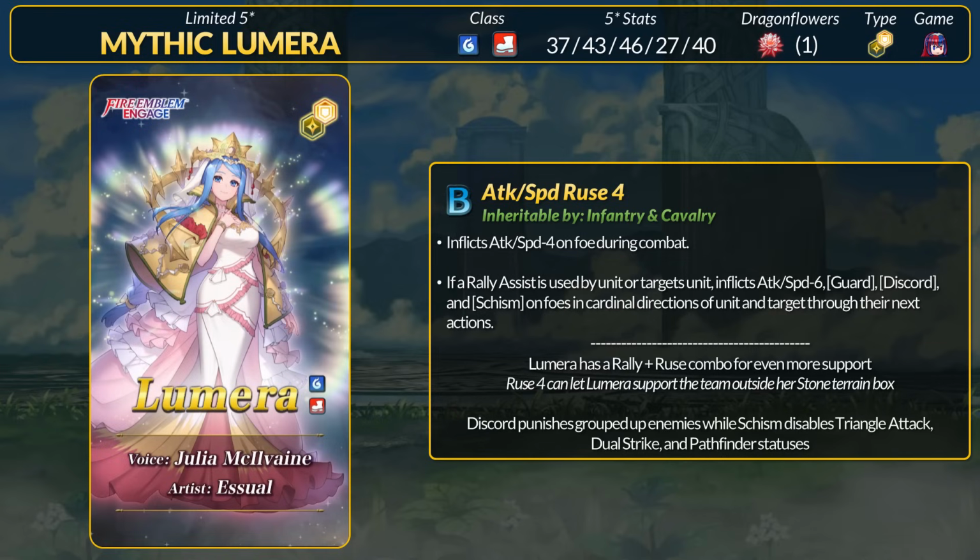If a rally assist is used by or targets the unit, inflict -6 attack and speed debuffs, the guard status, the discord status, and the schism status on foes in counter directions of the unit and target ally. This is also the second Ruse 4 variant, and with the rally assist offers more support capabilities for the Divine Monarch. If foes get close, they will get hit by debuffs, while Lumera buffs her team up and has the